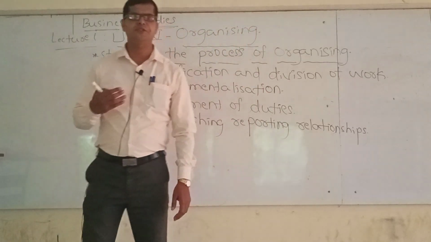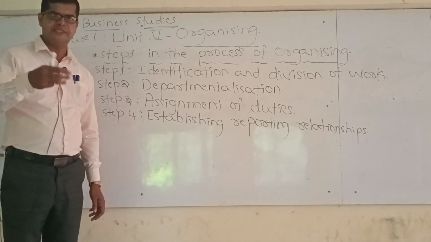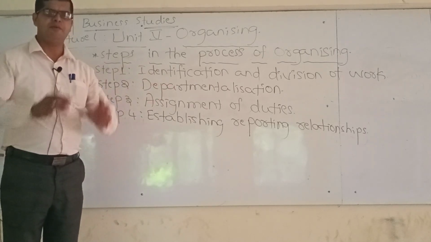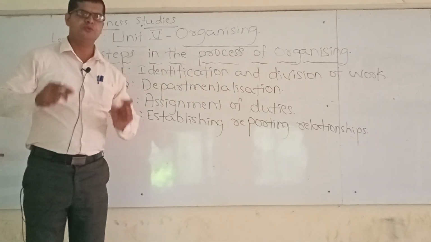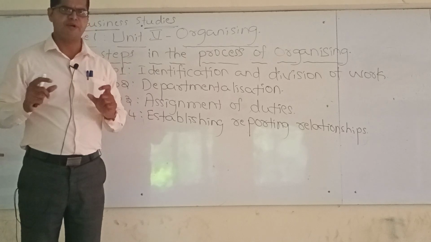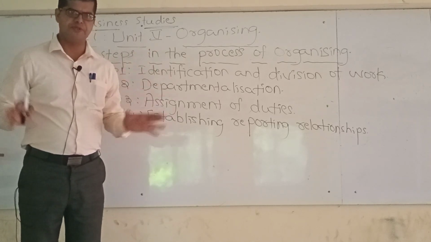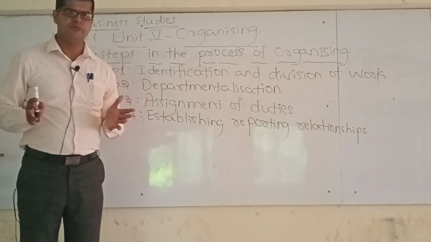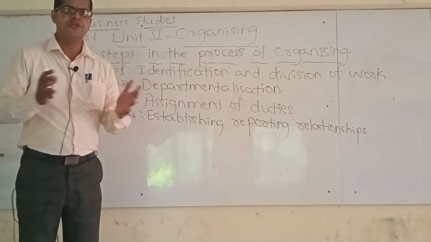So identification and division of work. What is the actual work in our organization, and that is to be divided among the number of workers in the organization. So first, identify what the work is. Then we have to divide all of it, because all of this is not done by one person. We cannot think of a single person doing all this work. So it is a group activity,